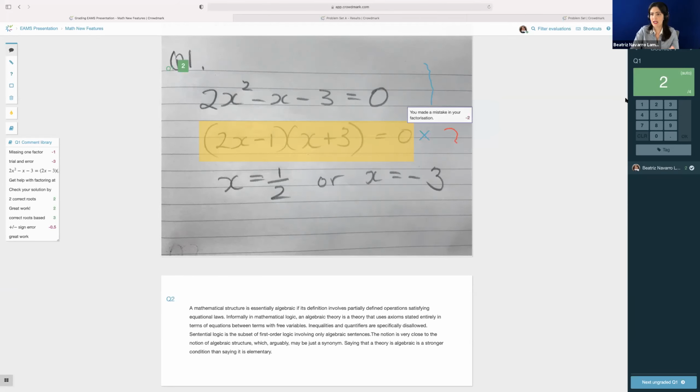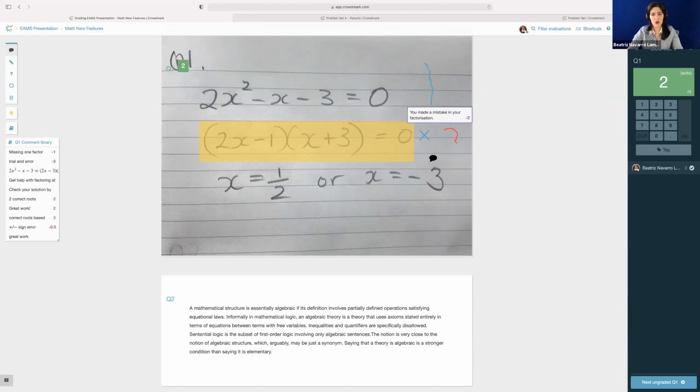As you can see now, the grade started at 4 and is deducting 2 points from the total. So if you want to mark for every mistake, you take points off. CrowdMark recognizes that the total was 4 and starts subtracting points every time.